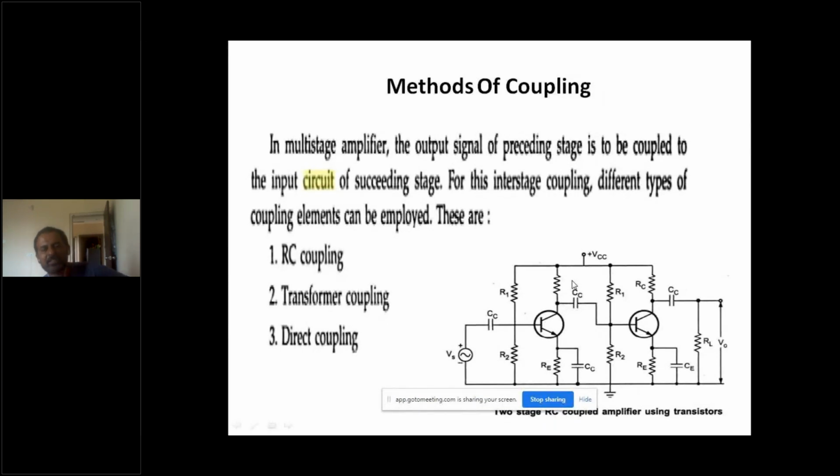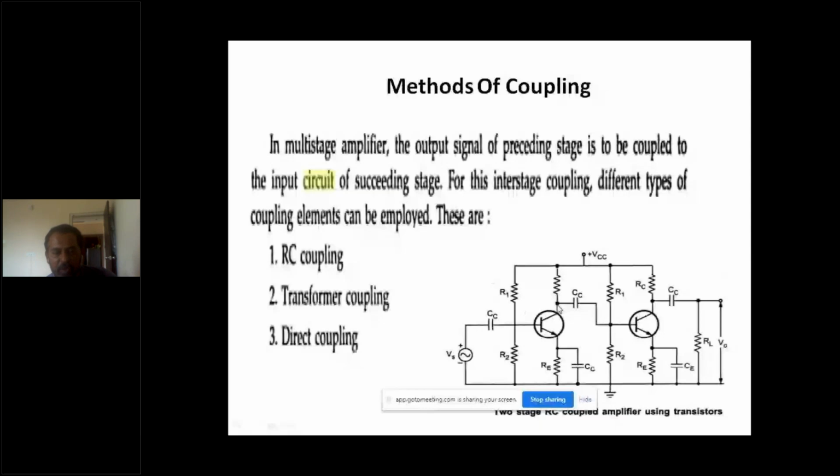In general, with RC coupling, the gain is less at low frequencies. As frequency increases, gain starts increasing. If you can remember that frequency response, at low frequencies gain keeps on increasing as frequency increases. Do you understand? So suppose I have an application where low frequencies are to be amplified. In that case, I can go for direct coupling. But there is a problem with direct coupling. The DC current of the first amplifier enters into the second amplifier. DC amplification may also take place.